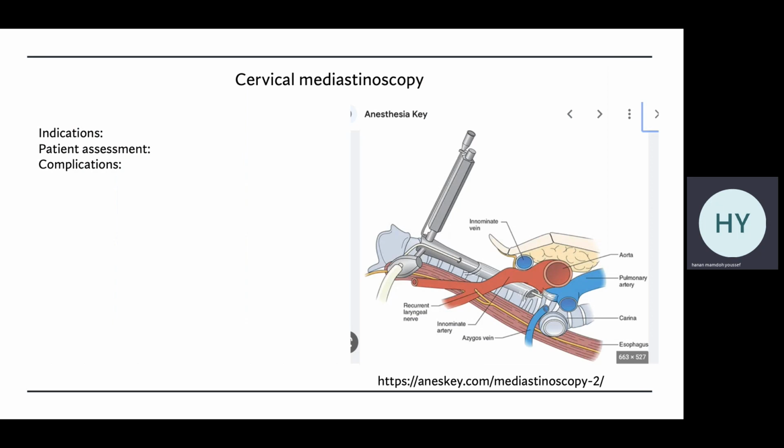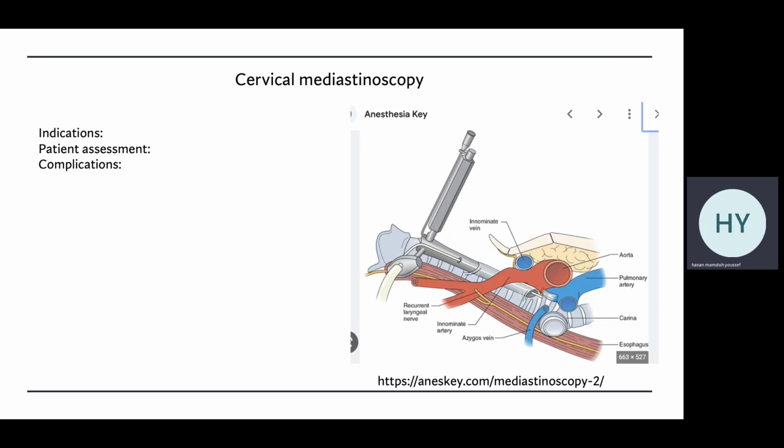Okay, so cervical mediastinoscopy: if we see a patient with a central tumor or large tumor or N1 disease, or a patient with bulky mediastinal lymphadenopathy, then we have to do an invasive mediastinal staging with EBUS or EUS or cervical mediastinoscopy. So when you see a patient for cervical mediastinoscopy, you have to assess whether he has a previous tracheostomy or not,